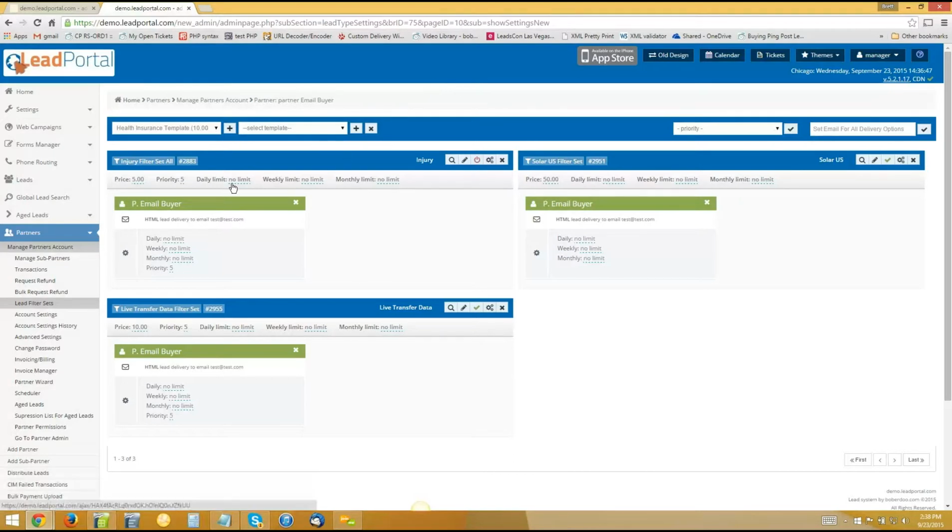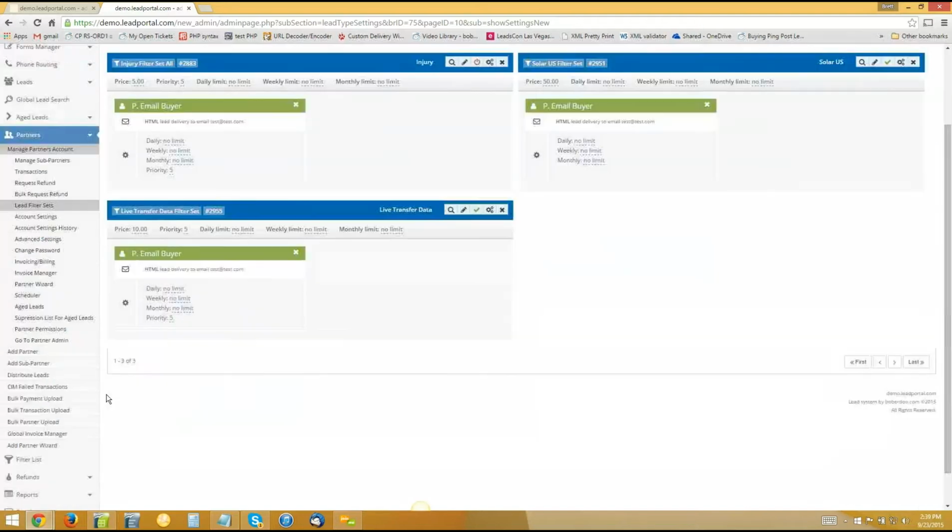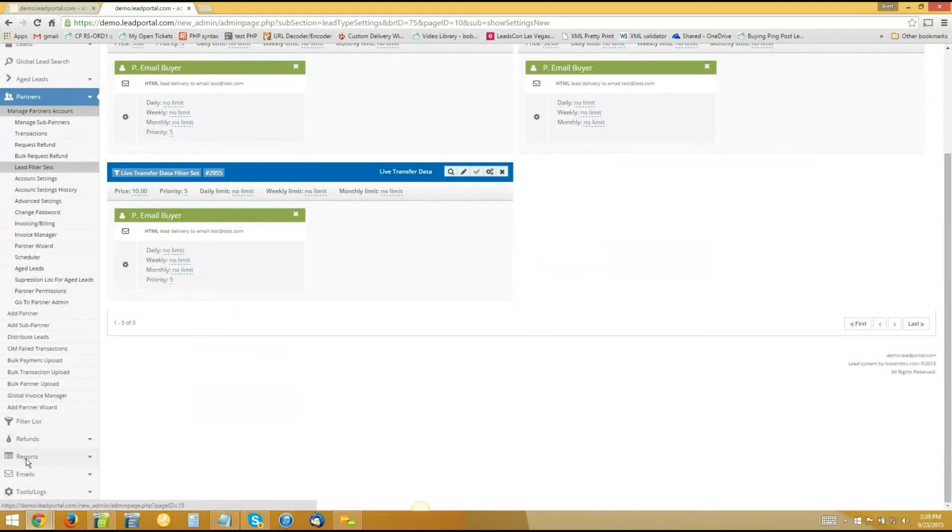However, if you're just looking to set a basic daily cap, rather than setting it at the account level and also at the filter set level, you could just manage it solely on this filter sets tab here. So very simple. You can click, without even having to go into the filter set, and set whatever that number is. That way, if a lead comes through and they're at that cap already, they're not able to receive more leads. And while we're on the topic of that, one of our reports is the Partner